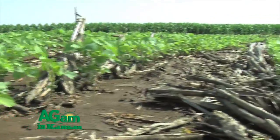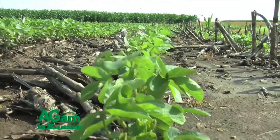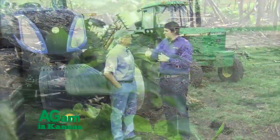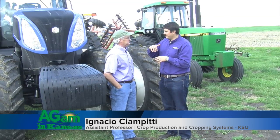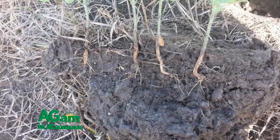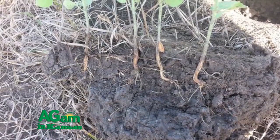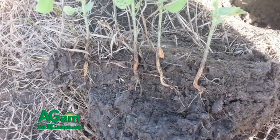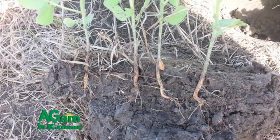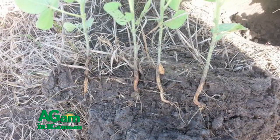So one of the things I always like to talk to farmers about is the idea that one of the critical stages for soybean development and yield formation is planting. Exactly, yeah. It's the way that the soybeans are coming out of the ground. It's quite different when you compare with corn, wheat, even sorghum. So I'm always trying to emphasize the problem. Compaction or not really good planting conditions are one of the main factors affecting yields on soybeans. I think compaction is much underplayed. I've seen it in all the crops, but soybeans can particularly be hurt with compaction,